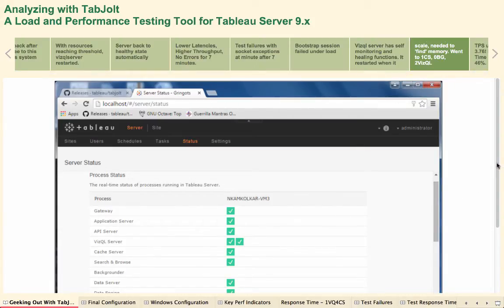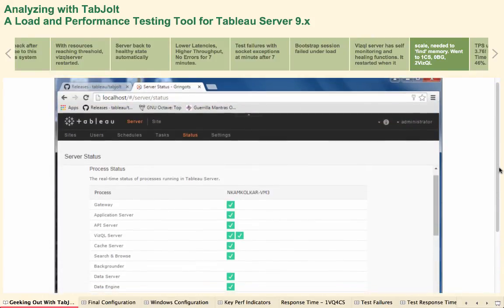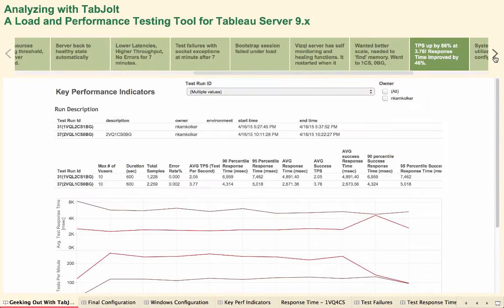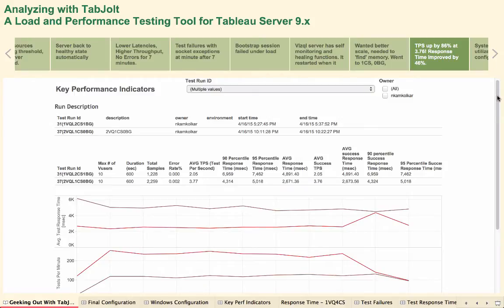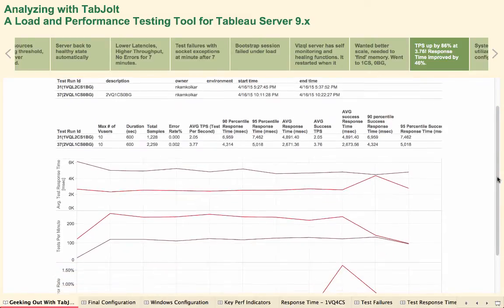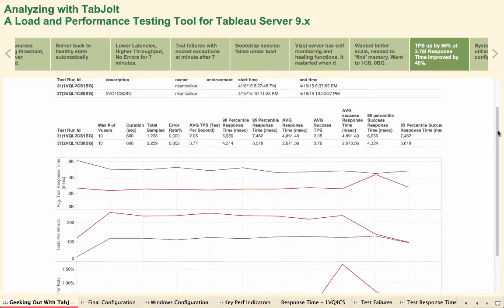So here's my server configuration, and the status for the server was up and running, and then I went through the same test one more time. So as I iterated, one of the things TabJolt is allowing me to do is do a run-to-run comparison. You notice that I run through each one of those configurations and come back and look at the key performance indicators as one of the first things. And looking at both the average response times in tests per minute and also the error rate and comparing them